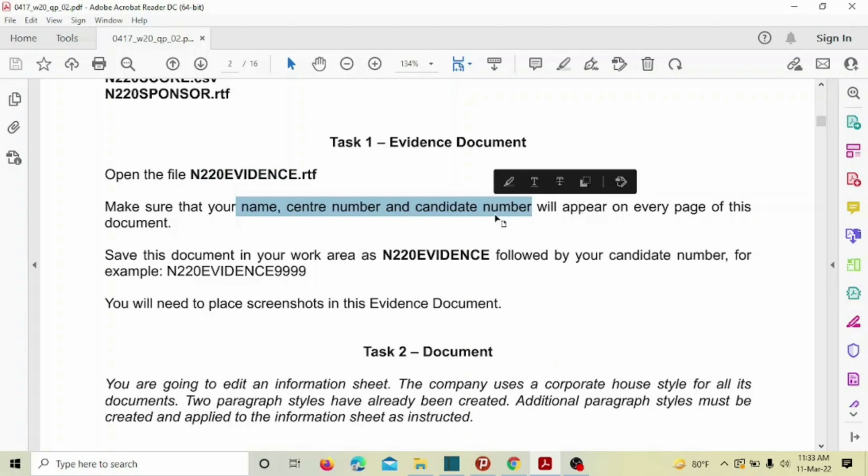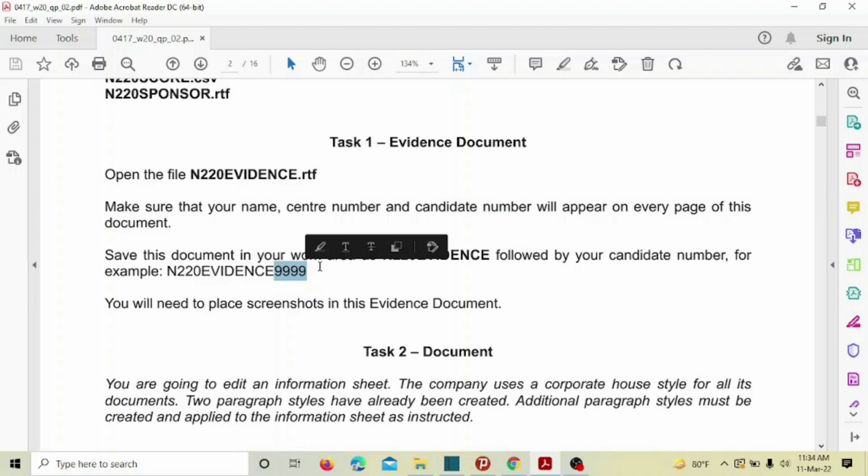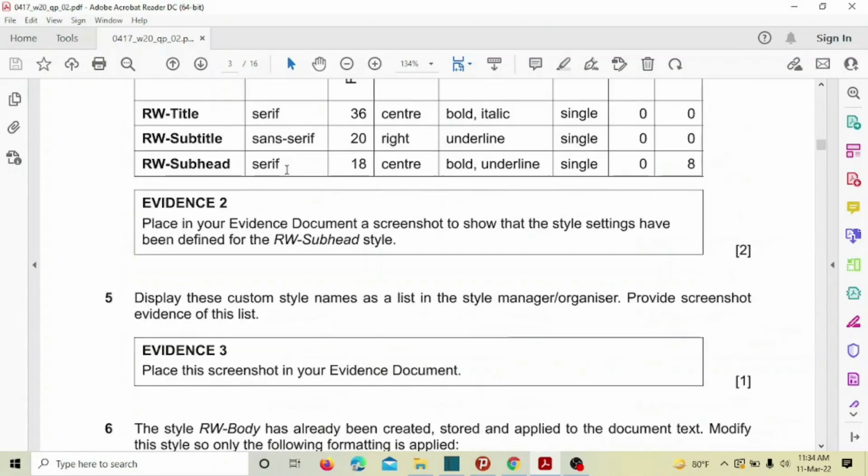I always prefer when they give us a particular place like the footer, else I always go for the header. You just take a 3-column header and then place all these 3 details. Then save the document with the name and also add your candidate number at the end like this. This is an example. Then save it as an MS Word document. Now let's go to